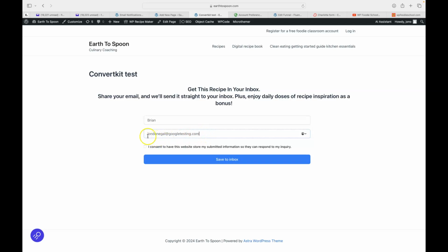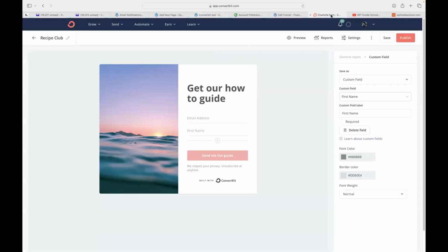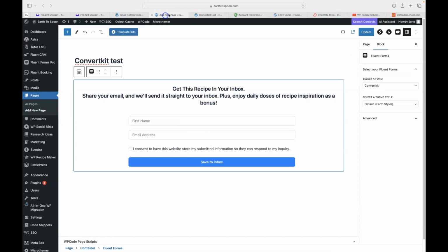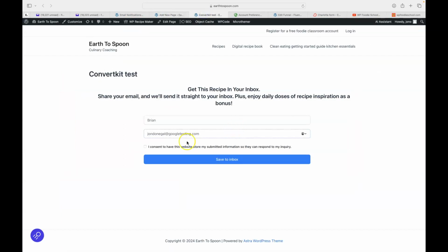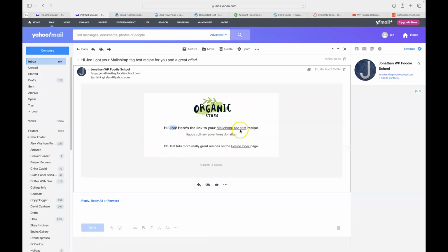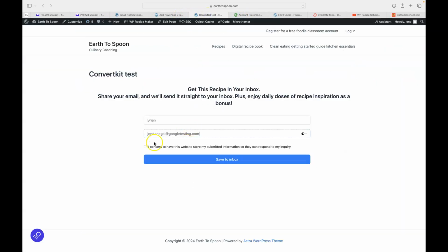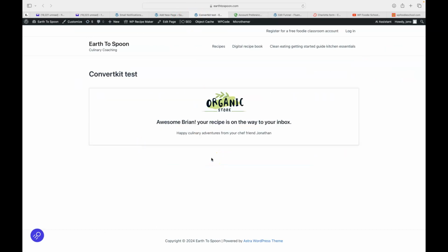Yeah, you see, normally the problem is that I can't use my normal email address because it's already in Convertkit, and it won't add me again, so it'll look like it didn't work. So I'll just use a make-up email address, but it means I won't receive that confirmation email. Normally I've been using my Fishing in Ireland email address there. So, and we'll go save the inbox, and you see in the confirmation message there,